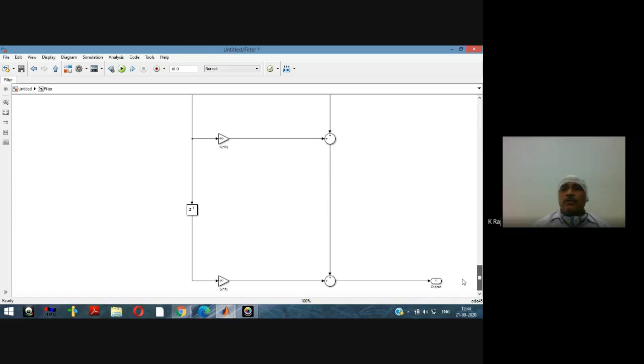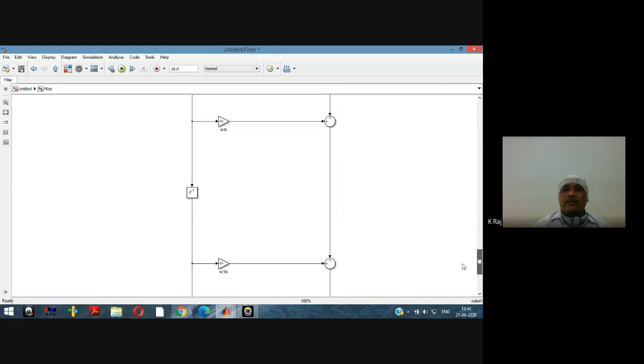So this is the filter: the first coefficient B1 without any delay.